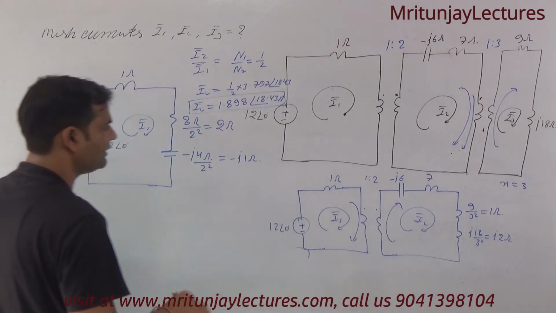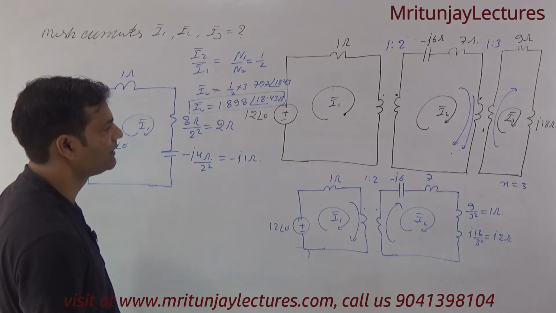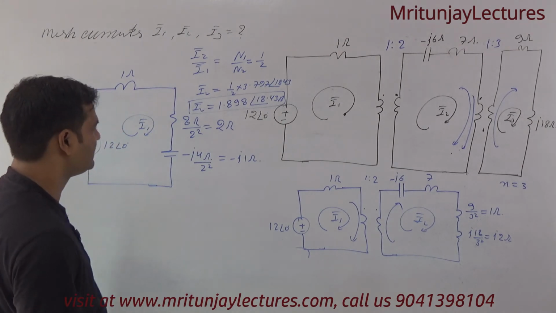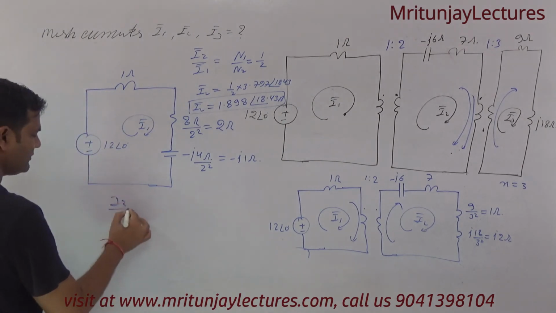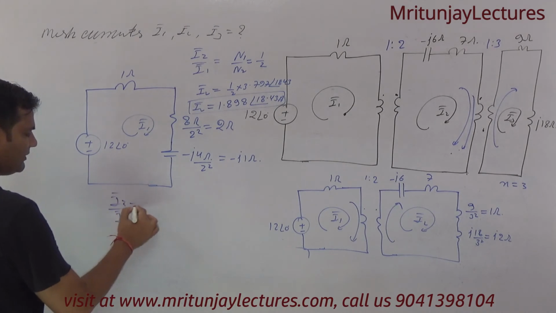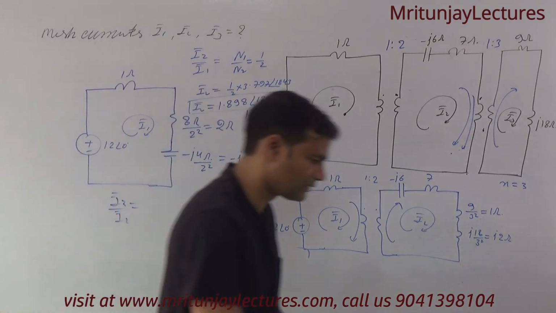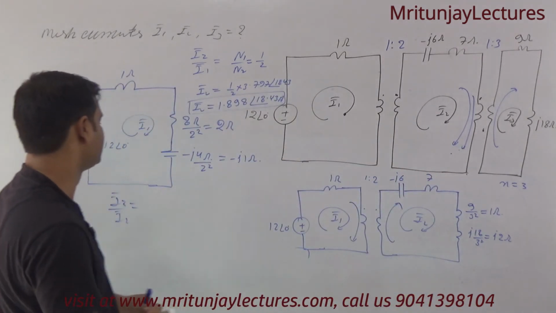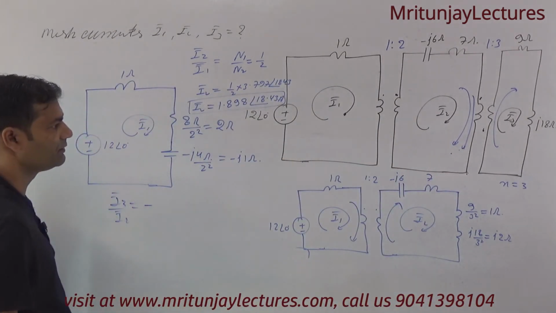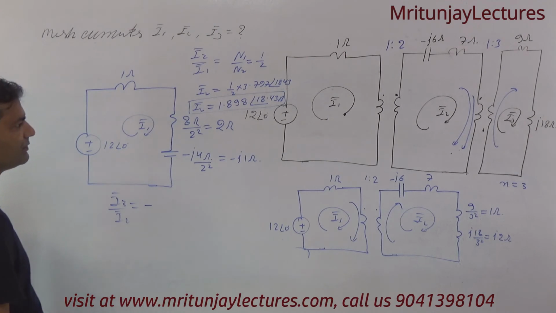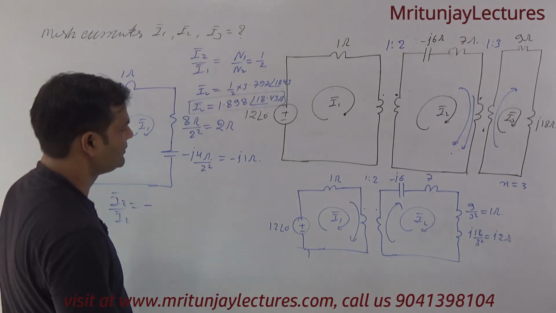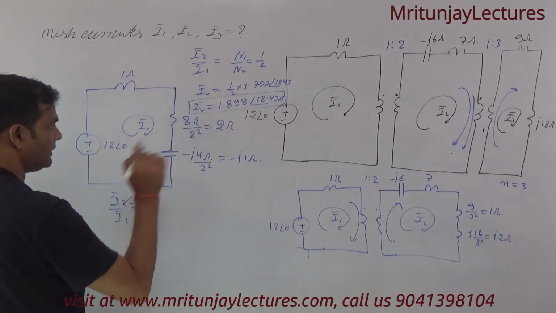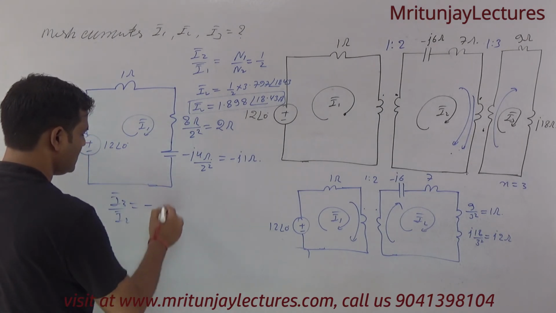So if both are incoming, then what about the current ratio? I3 divided by I2 is negative, otherwise positive. Okay, so that is 1 by 3